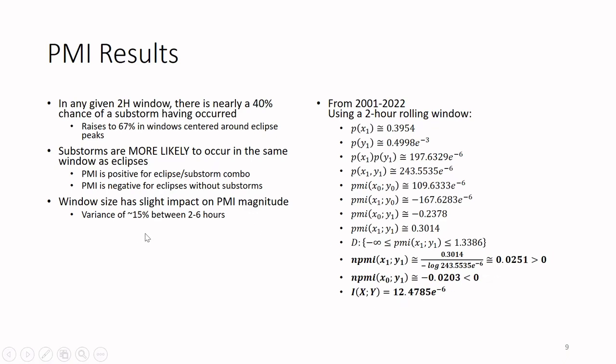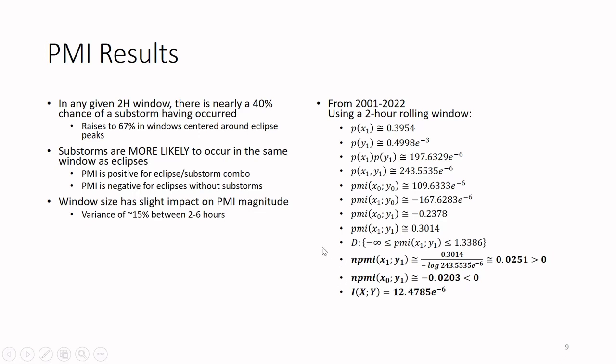And so this uses a 2-hour window, and we can change the window and get some different results for the actual PMI score, but the trend stays the same, right? So negative where it's negative here, and positive where it's positive here. And the values only change by about 15% if you change between 2 and 16 hours. And so